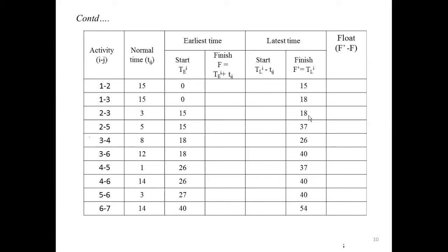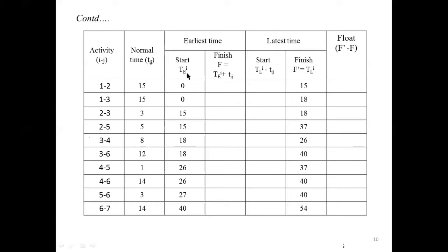Then next, after filling this column, you need to fill it with respect to the triangle value at each ending node. Here the ending node is 2, corresponding to 2 in the network diagram. In the triangle, we have the value 15. For node 3 in the network diagram, in the triangle we have 18. Similarly for other activities. After filling these columns, you have to fill these two columns. You have the formula TE of i plus t of ij.